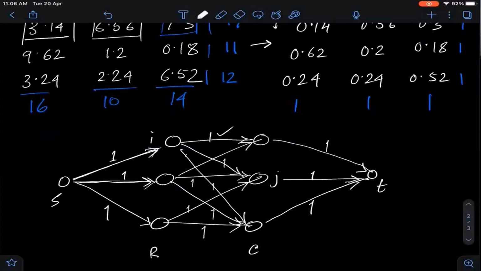You have to maintain all the constraints, right? You have to preserve the conservation constraints, capacity constraints. And it's a complete bipartite graph and all that. So how do you know that